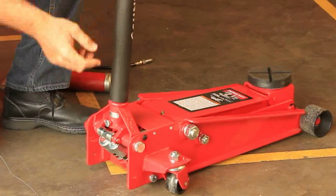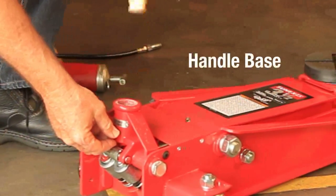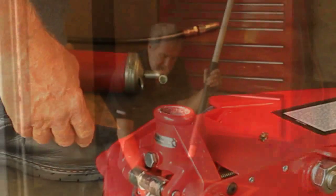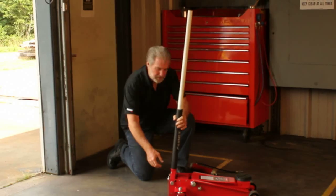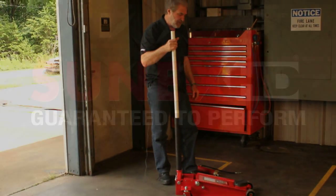The last place of lubrication would have to do with the handle base here, where you would remove the handle, take some grease and put it on the inside surface of the handle receiver, put the handle back in, and go ahead and lock the handle in by turning the screw. This would be the maintenance procedure that should take place